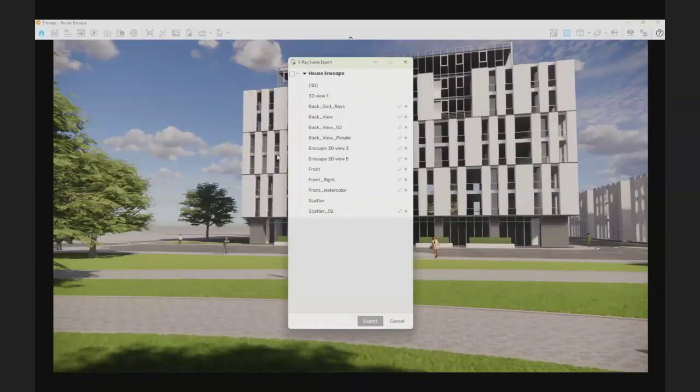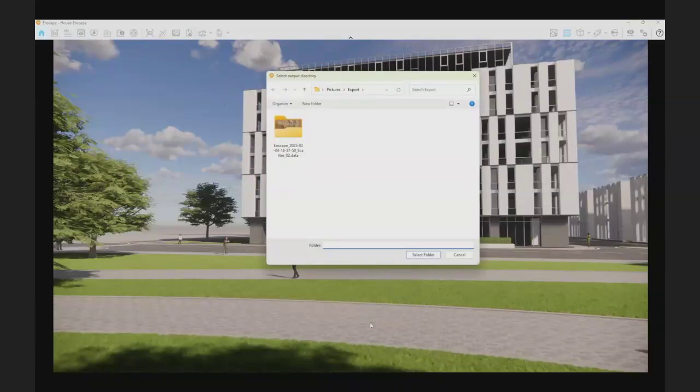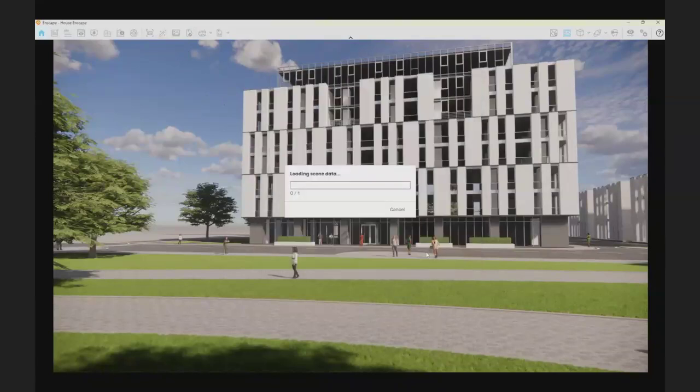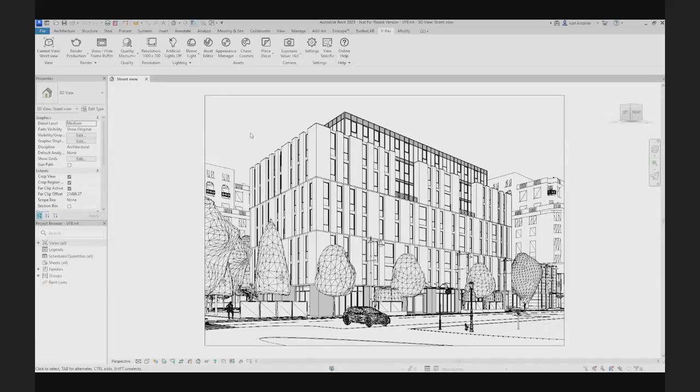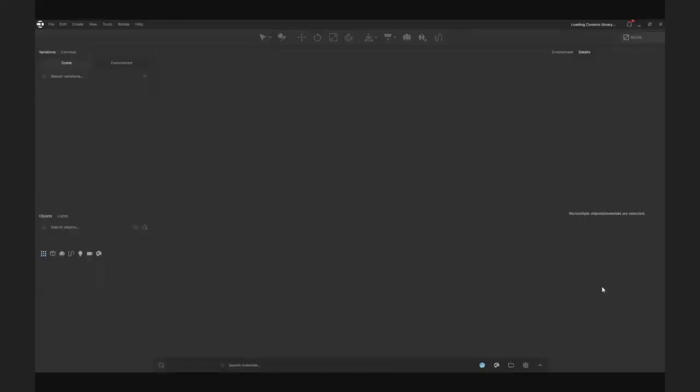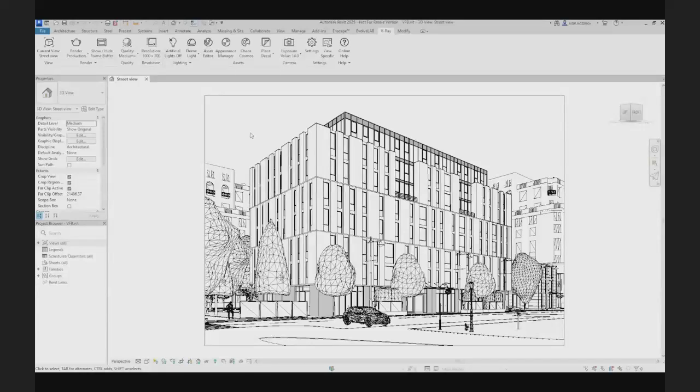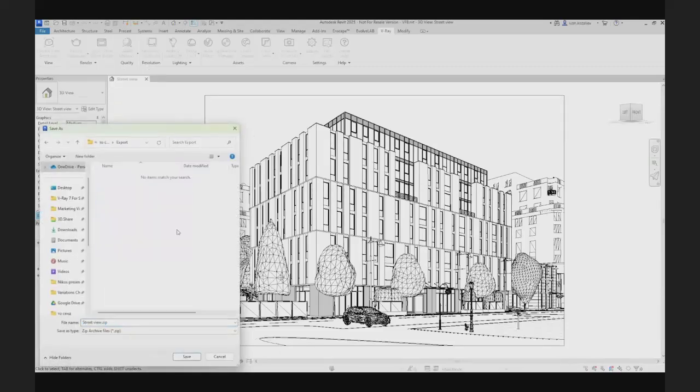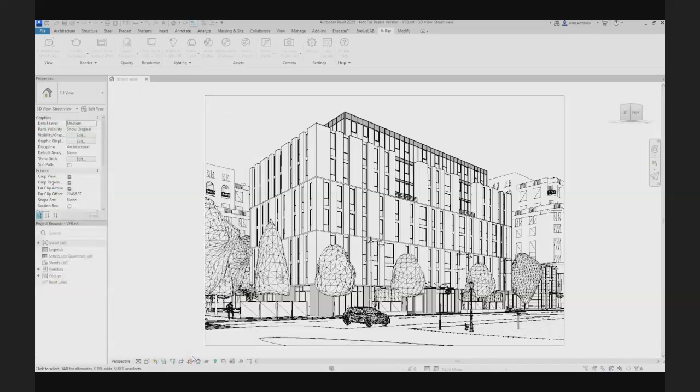We can export a V-Ray scene from Enscape, it's really easy. We can just click the V-Ray export button and we can export the file, which will be a vrscene, the V-Ray native file format. On the other hand, in V-Ray, we can go to the rendering tab and there is an export button. So we can just click save and it will export a V-Ray scene file.